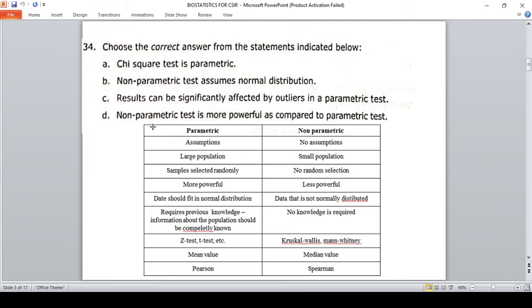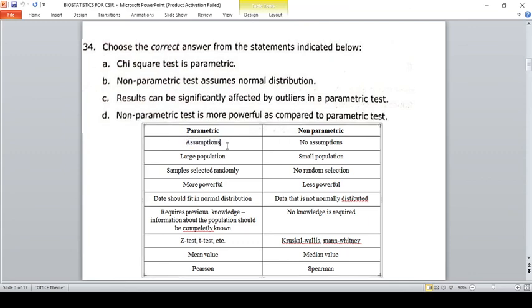Before answering this question, you must know what is meant by parametric and what is meant by non-parametric. A parametric technique has an assumption and follows that assumption. Like if you have incorporated a particular gene into a flower, and you know the gene color is blue, you assume that every flower blooming in that experimental field will have a blue color. Your result will be based on that assumption. A non-parametric test means we don't have any kind of assumption. A parametric test is used for a large population, and a non-parametric test is used for a small population.